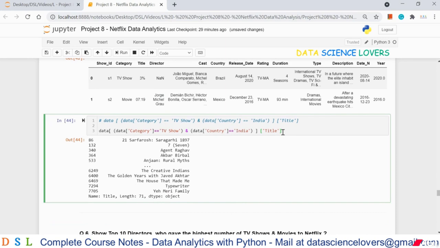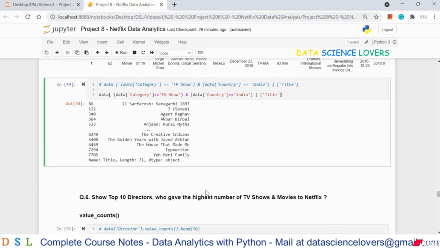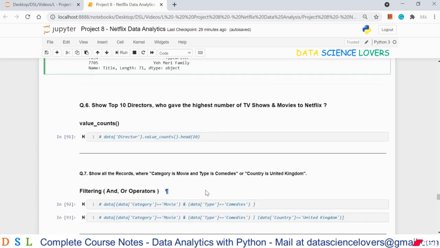We can also put another column name, like you can say director, or you can say show ID. If I put show ID here, then it will show only the show IDs. Okay. Now the next question is